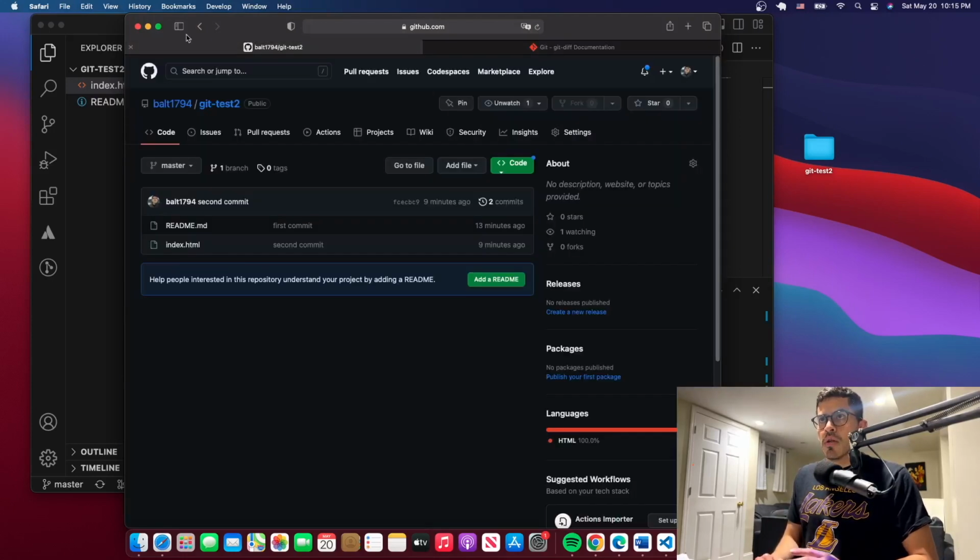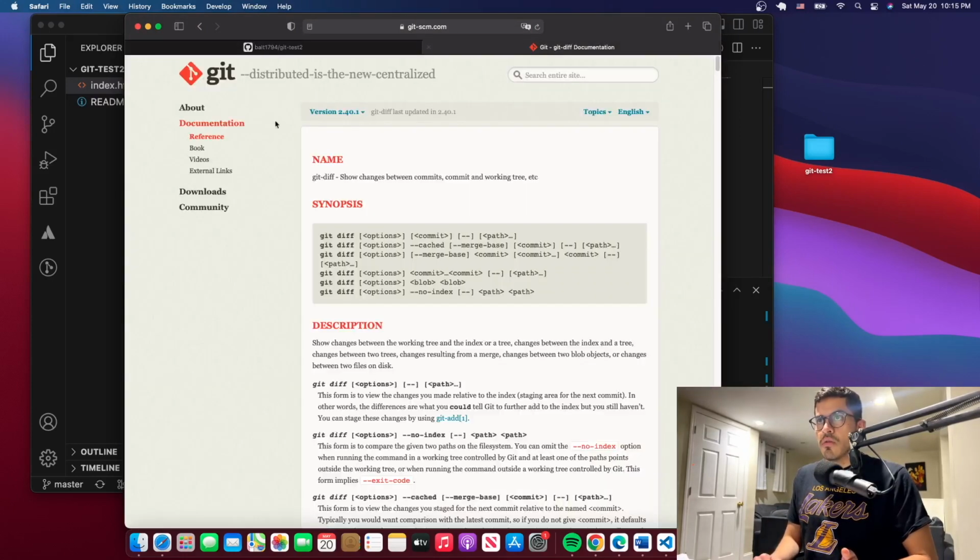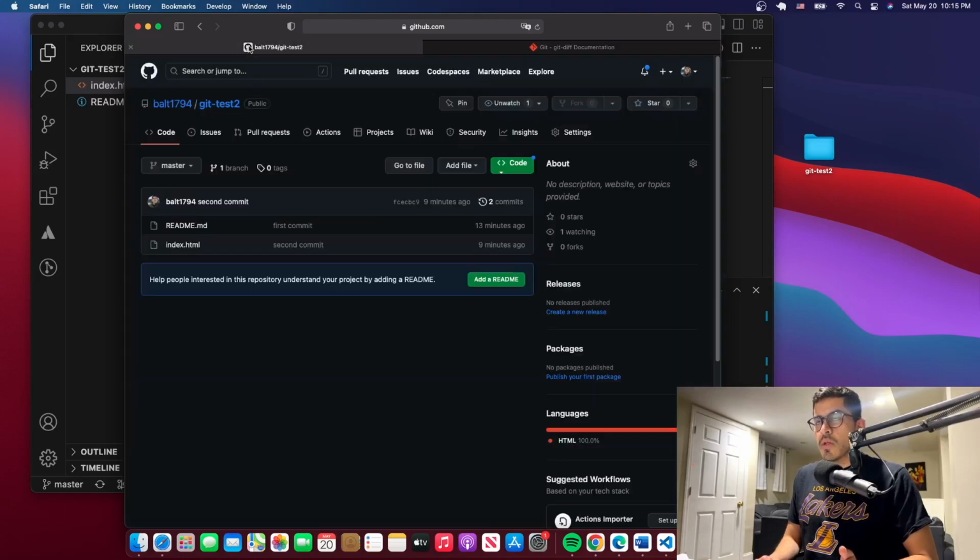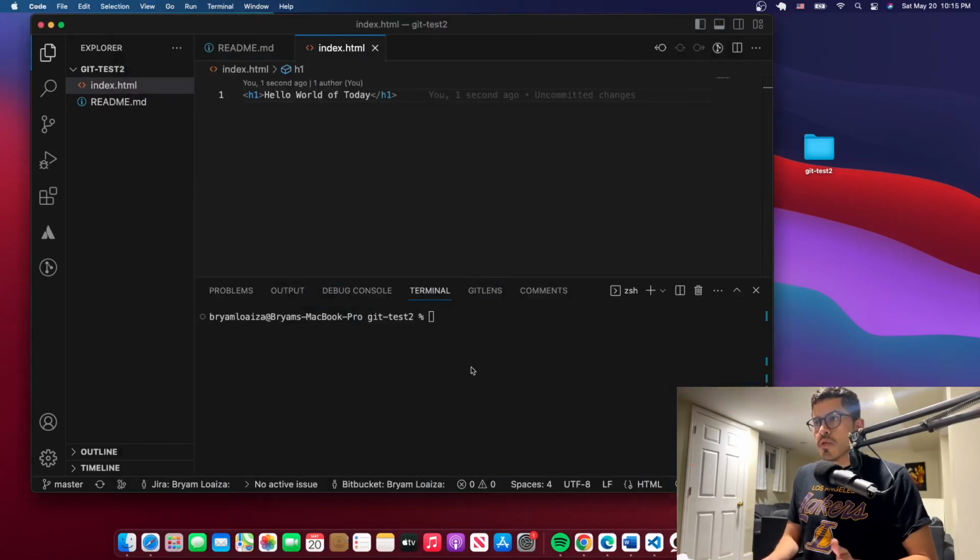So for this tutorial, you can check this out if you want to. This is just on the Git official website. But for this one, I'm just gonna be showing you how to use it, for the basic stuff, right? So let's issue the command git diff, and right now it's not gonna give you anything because we haven't changed anything. But if you go here and add like a second line,